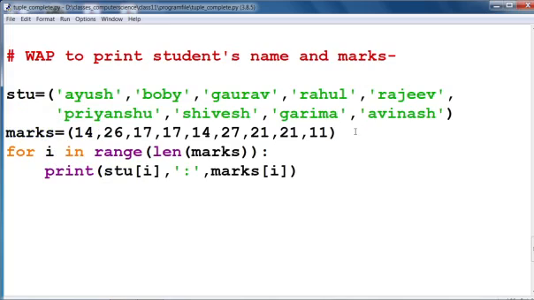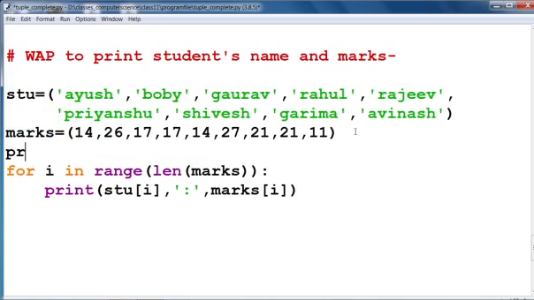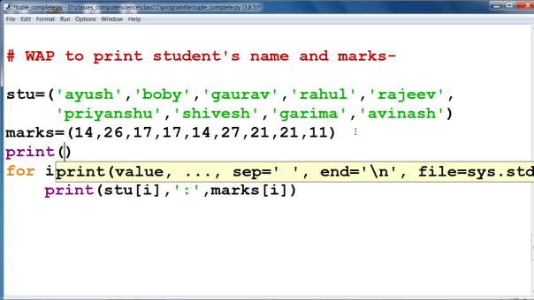Now if you want to print the heading, then you can print like student.